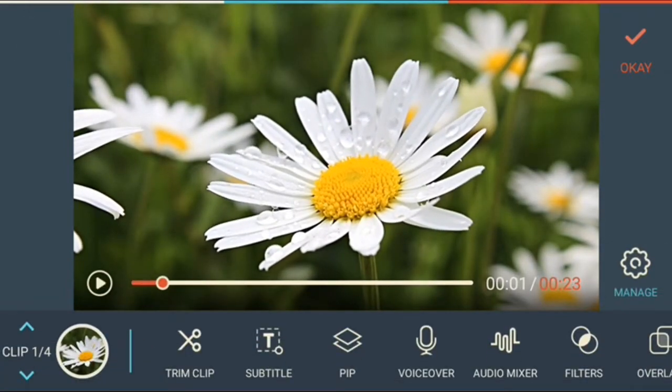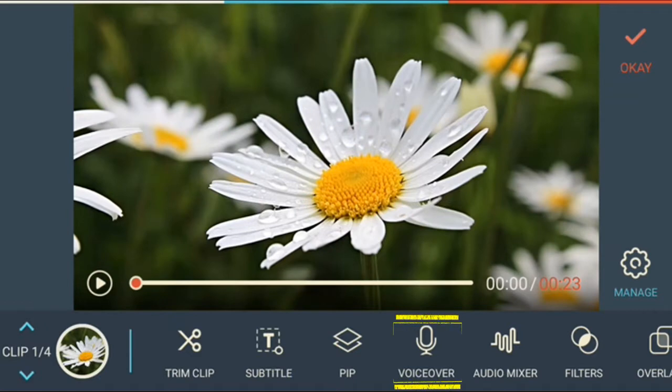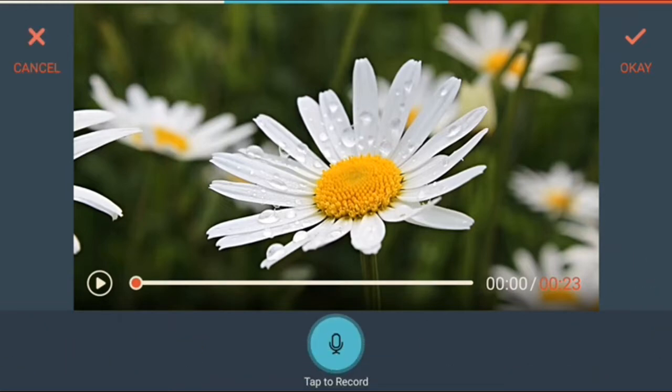Now voiceover I cannot demonstrate to you as I am using the microphone of the Android mobile, but I will show you how to make a voiceover. This clip is having only background music, but it is not having any voice recorded. So if you want to add any voice into this video clip, you have to click this voiceover.